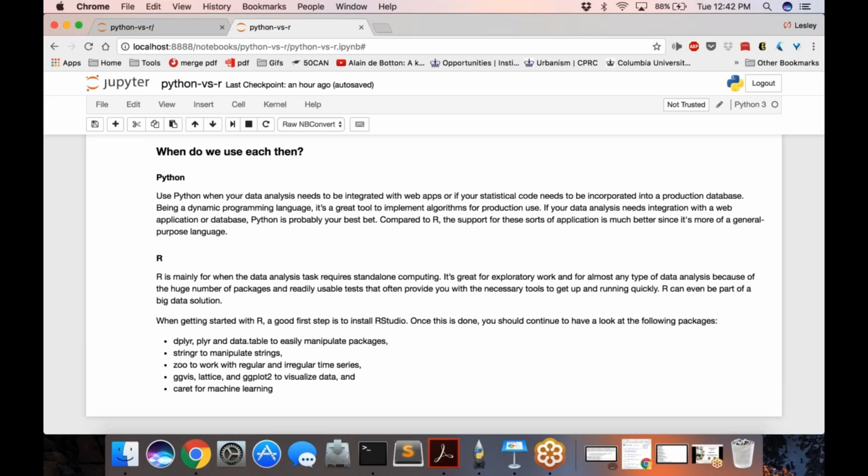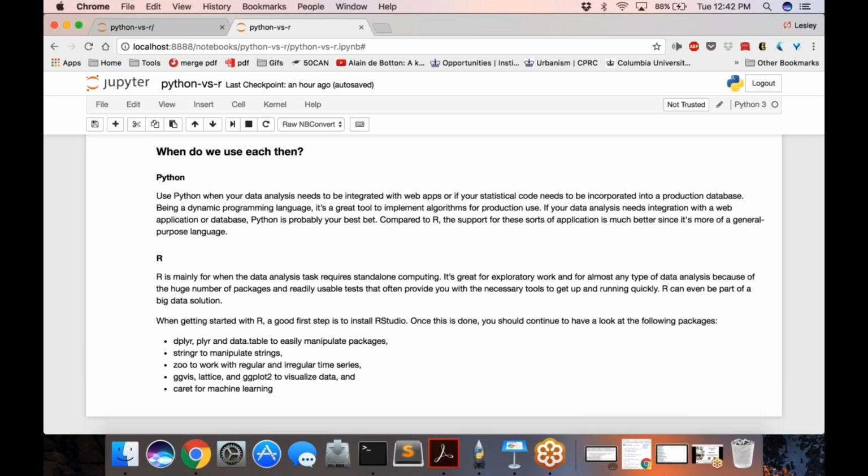And if you want to look at some packages in R, I definitely recommend dplyr, plyr, and data.table. These are for easily manipulating data. And stringr is to manipulate strings. String manipulation is a super important part of data science because oftentimes strings need to be cleaned or processed in some way.